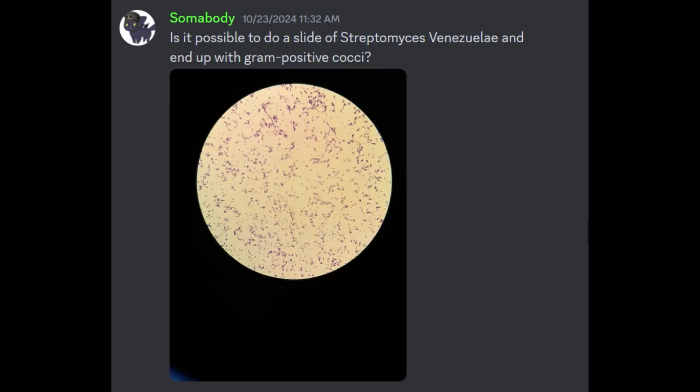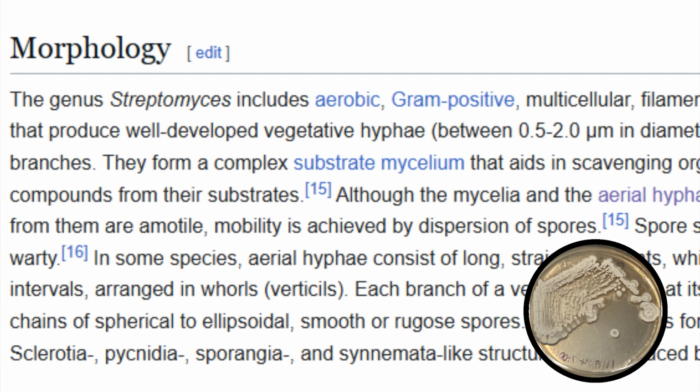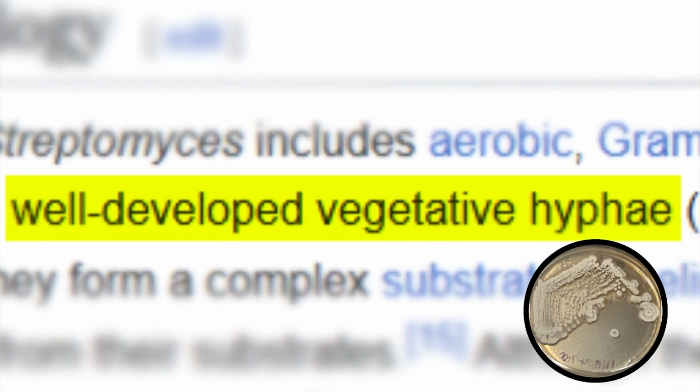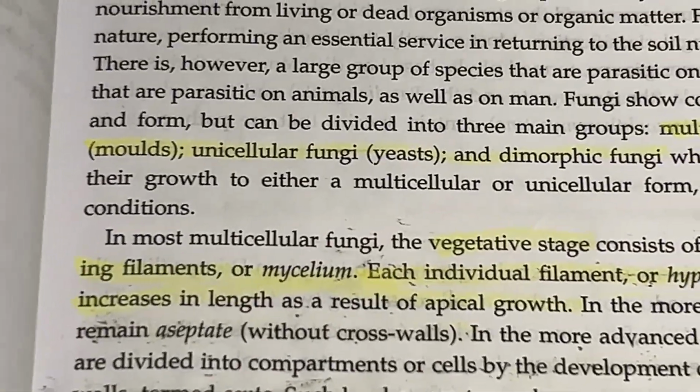When I began this project, I had never heard of Streptomyces until I came across this post on Discord where someone was confused on why the Streptomyces, which normally appear stringy under the microscope, were instead showing up as circles. After a quick search, I learned that Streptomyces are a type of bacteria that usually form thread-like structures